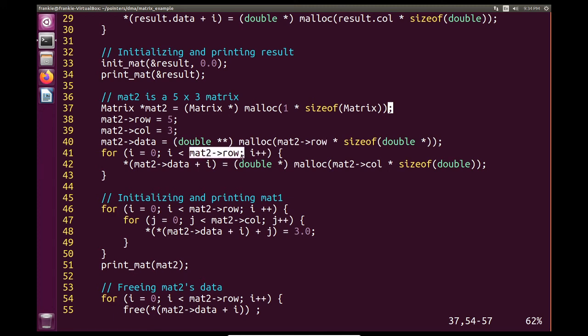I do some more dereferences instead of using the dot operator. The code here is largely similar, just instead of using dot to access the members, I'm using the arrow because mat2 is a pointer, whereas above with result and mat1, they are not pointers. Because mat2 is a pointer, if I actually pass it to init mat, I will get a copy of the pointer. In order for me to pass that by reference, I'd have to make the input for init mat